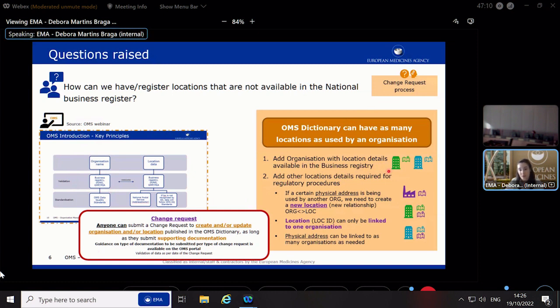And if you attach this to your change request, then we will happily approve and create the location under the organization that you required. All these requirements that I just mentioned, all the details that you need to add to your supporting documentation, are all available in the guidance